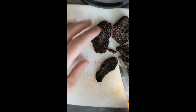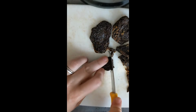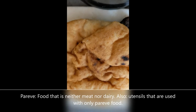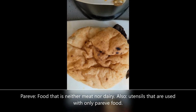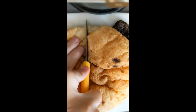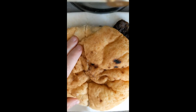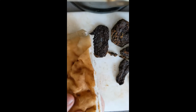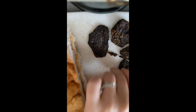Because this cutting board and knife are Parev, I'm at the same time going to slice in half these large pita breads, which I will later fill with the meat mixture, but I just don't want to do that at the same time because then my cutting board and knife will no longer be Parev since it will come into